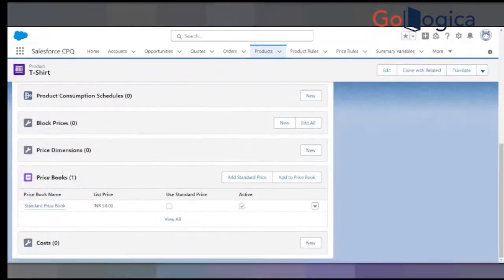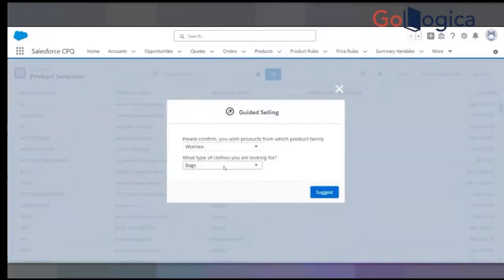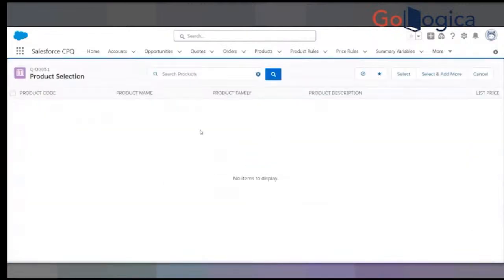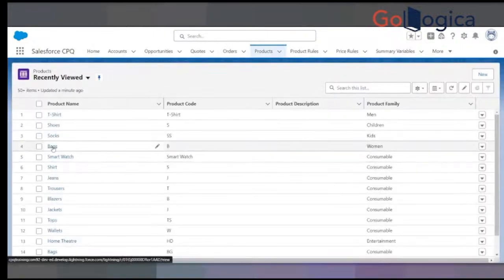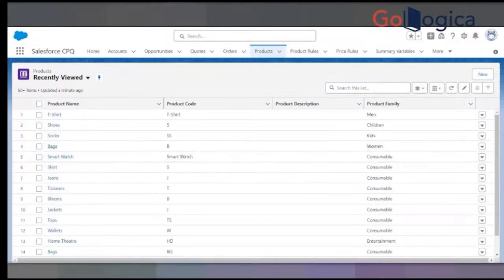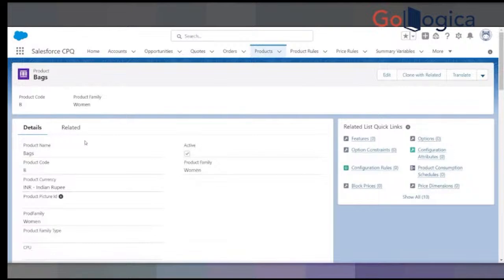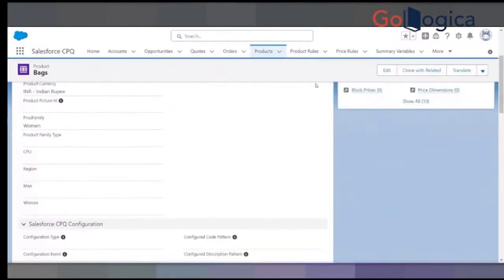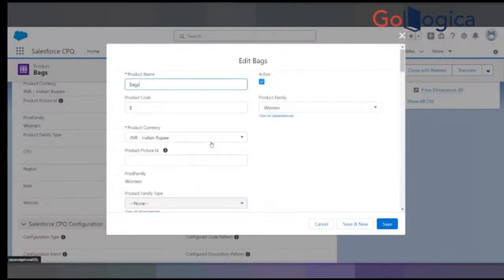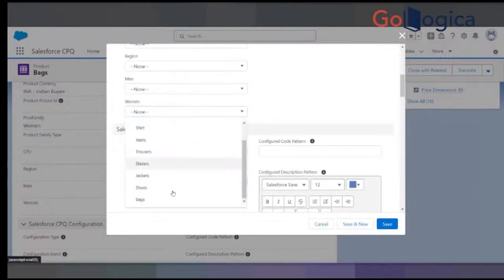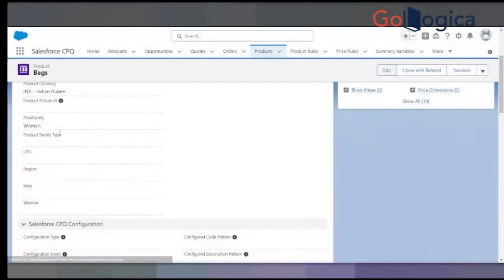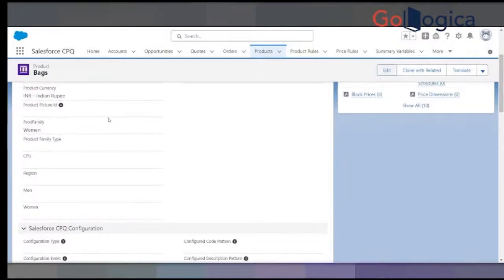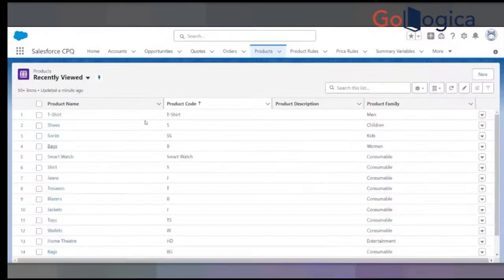Bags. Why is it not showing the products? We have added it. We gave the price. This is not the one. If I go on selecting the other product which I have,